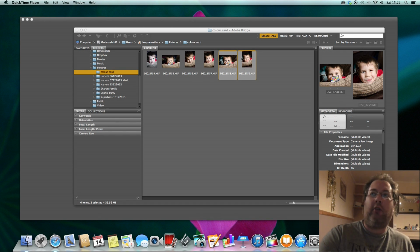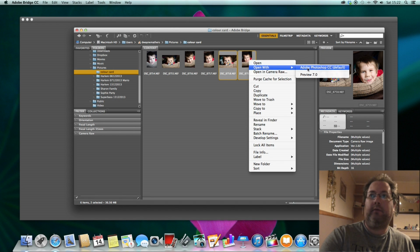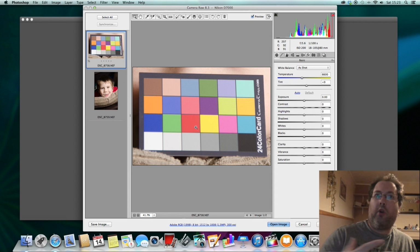So you can see I've got two images highlighted already. Now my son gave me a little hand just to try this out, so I thought we'd edit these images. I'm going to open both of these up in RAW. So the first thing that I'm going to do is zoom in on the card. That will do there. So we've now got the card up,